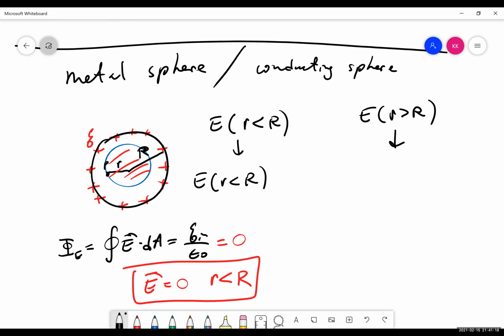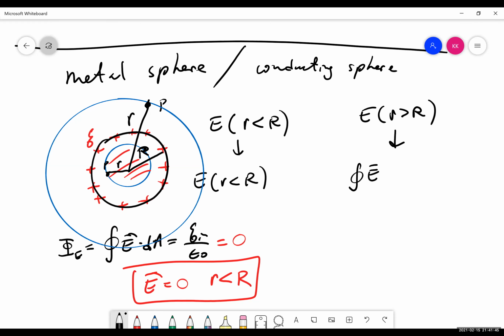How about for this configuration? For that one, let's say I'm finding the electric field at point P over here. So what I do is draw a surface with a distance r that is exactly the same as my point of interest, and I want to find the electric field there. Again, I apply Gauss's law. So I draw that imaginary sphere and I find the flux, E dot dA,